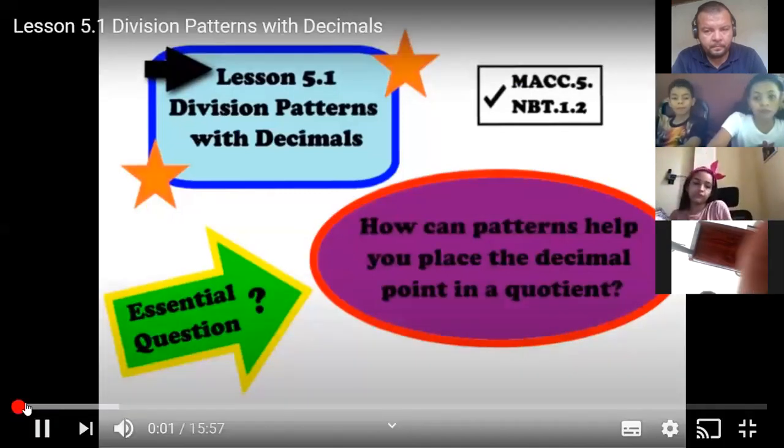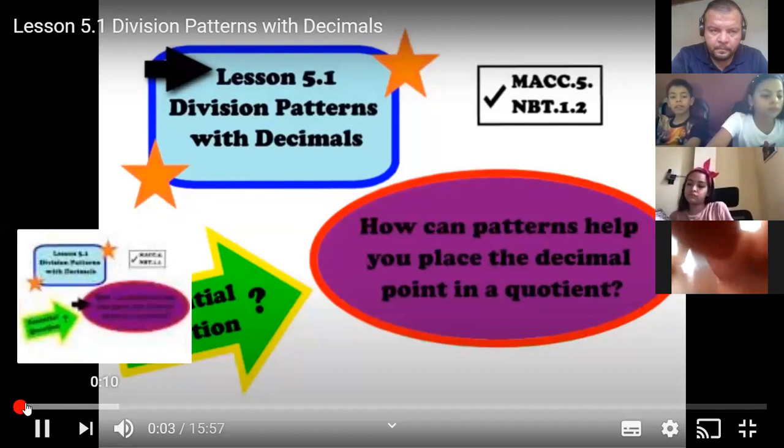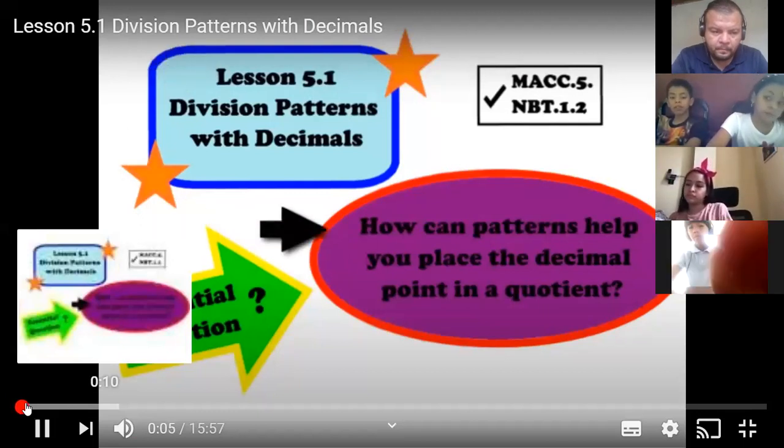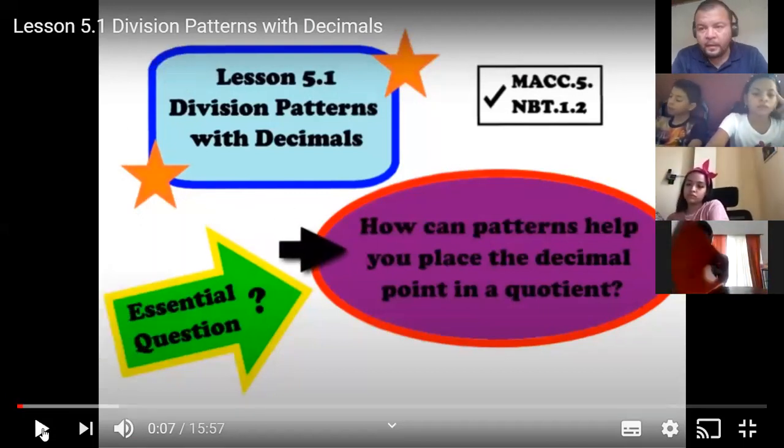Fifth graders, welcome to lesson 5.1, division patterns with decimals. The essential question for this lesson is,